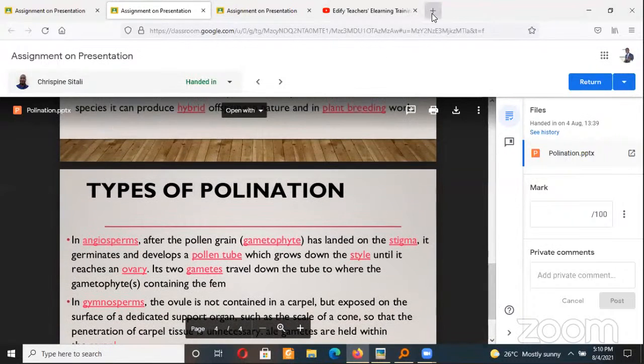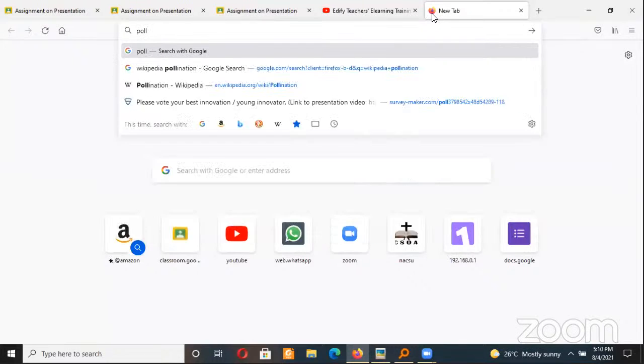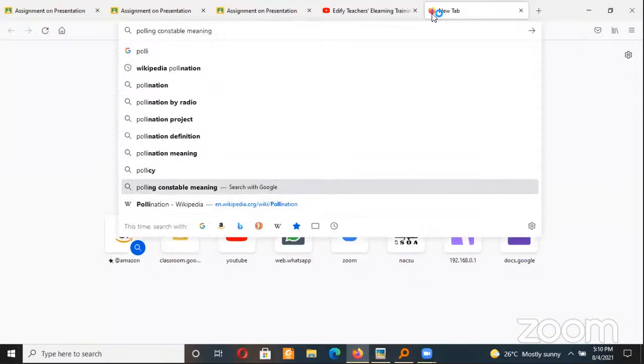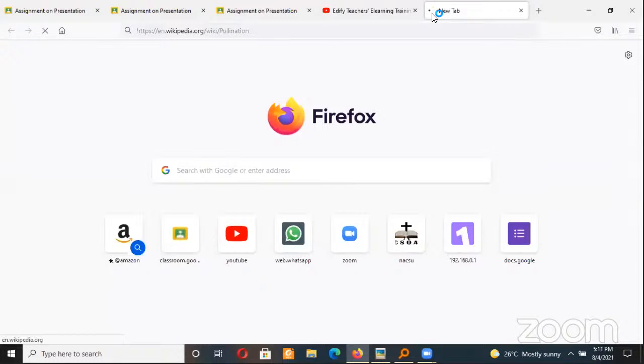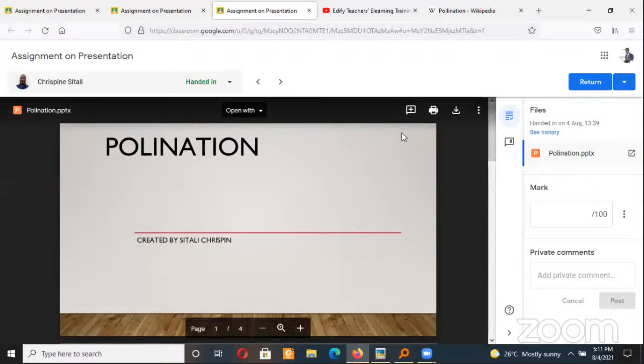The web page where you were sent is this one here of pollination on Wikipedia. If you go to that website, you find a lot of information, but Mr. Crispin has managed to summarize all this into 4 main slides that he has used. Okay, so this is one teacher. So if I'm to mark this one,